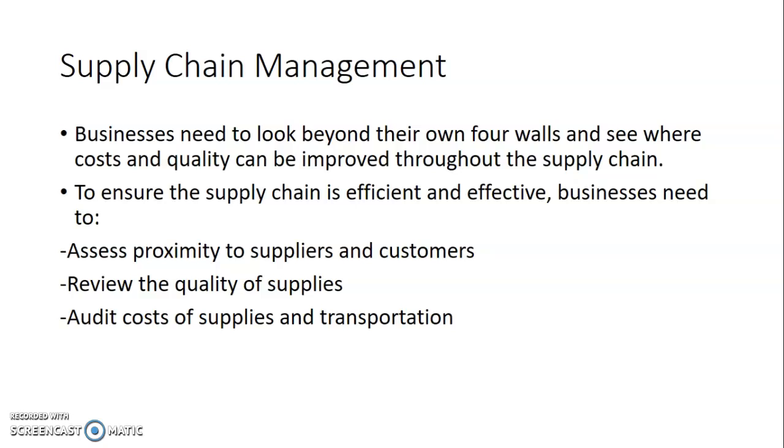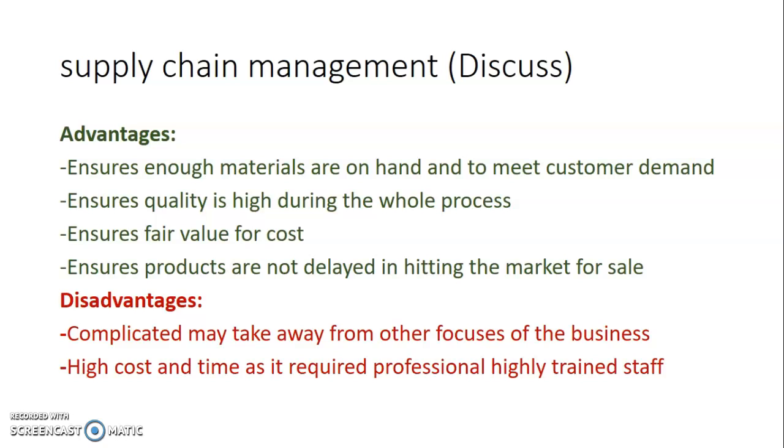We also want to have a look at the quality of our supplies that we're getting, and also make sure that we're constantly reviewing. That's what auditing is, supplies and transportation, to make sure it all fits in together. Really key things and importance about it, and this is the last bit of information we're going to go over. We need to make sure it helps us make sure we've got enough materials on hand to meet our customers' need. It also, if we're constantly reviewing it, ensures really good quality. If we're reviewing again, fair cost, that's the best thing about it all. And also making sure that our products are hitting the stores as quickly as possible for the customers to buy, so there's no lull in between, no sellouts.